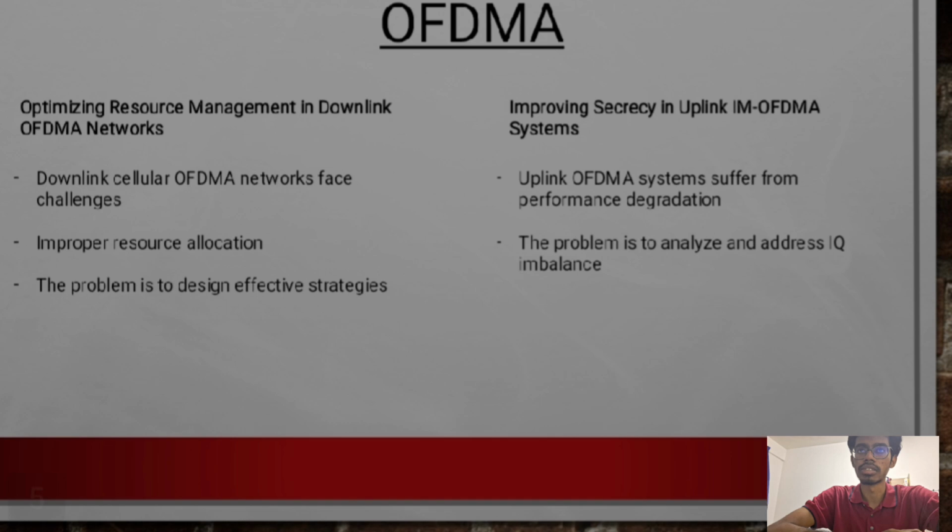So, improving the accuracy in uplink IQ-imbalanced OFDMA systems. Uplink OFDMA systems suffer from performance degradation due to in-phase and quadrature IQ imbalance, which also compromises data security. The problem is to analyze and address IQ imbalance to enhance the accuracy and maintain reliable performance in OFDMA